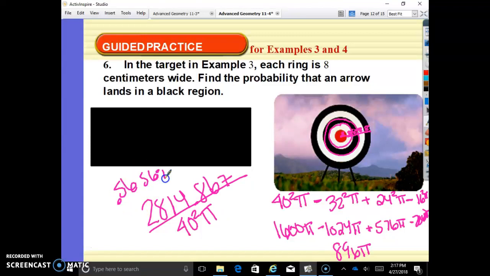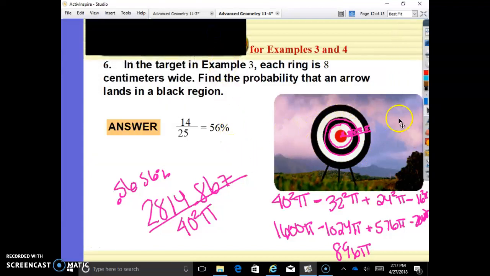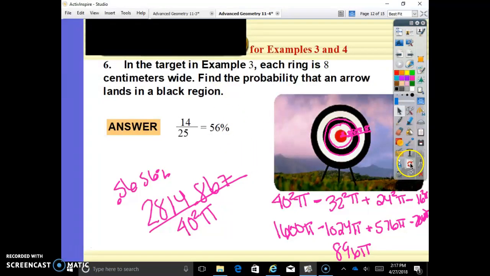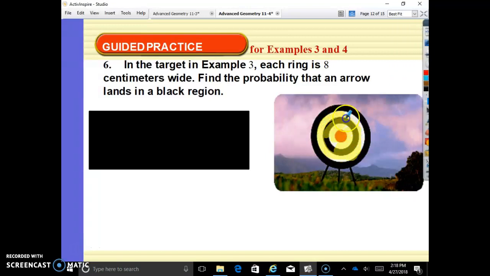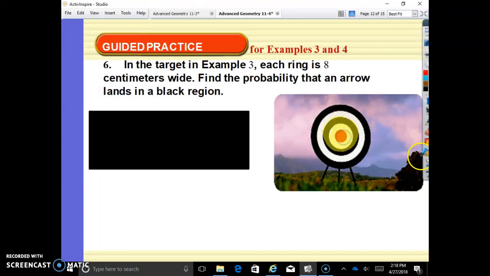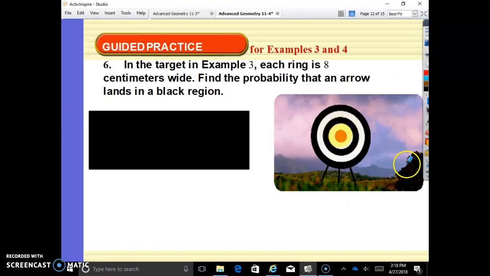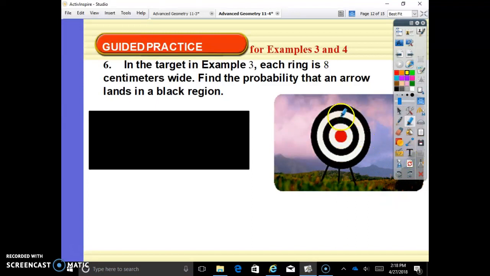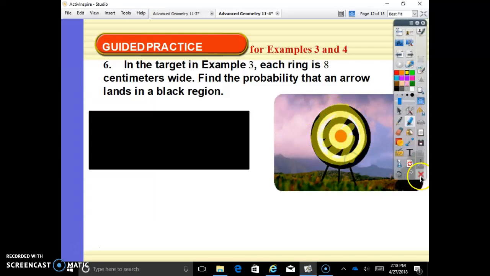0.56, which is 56%. All right, so the black rings, those 2 black rings, is 56% of the entire thing. And once again, how I did that is I found the area of everything minus the area of all this, which would give me just that exterior black ring, plus the area of this whole amount minus the area here that's missing from that smaller black circle. And that gives us those 2 black rings. That is what we want, the numerator, divided by everything for the denominator.